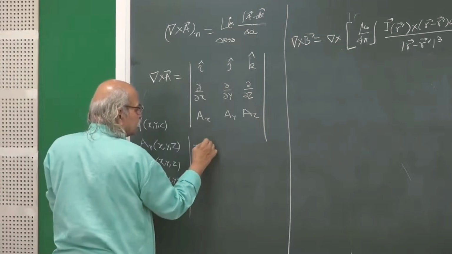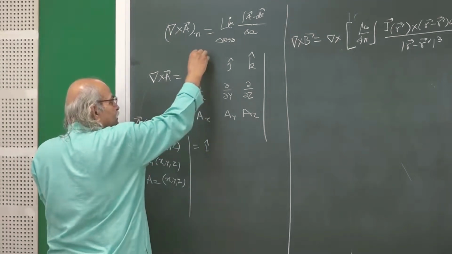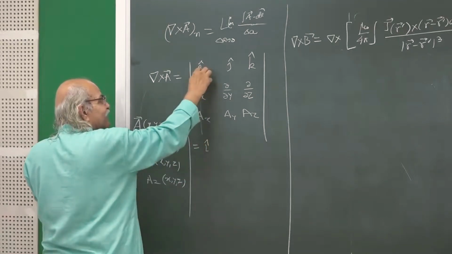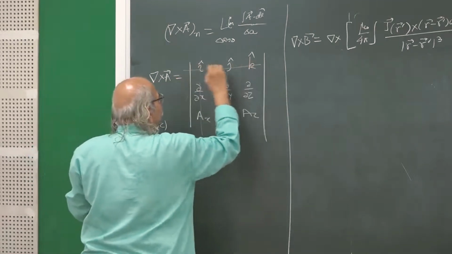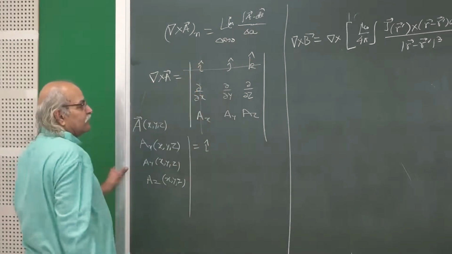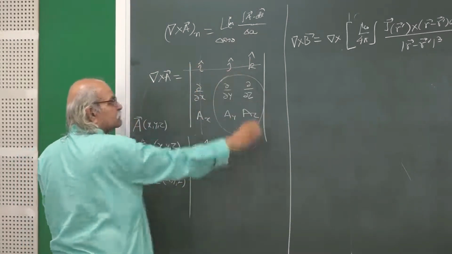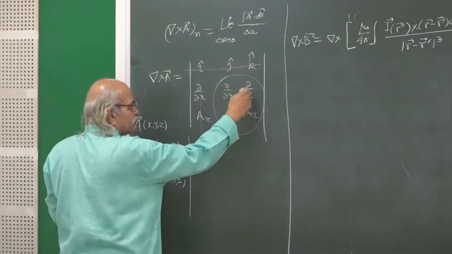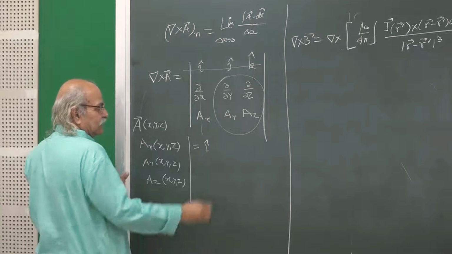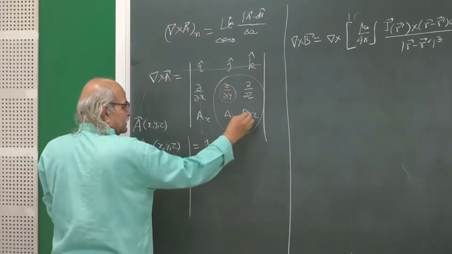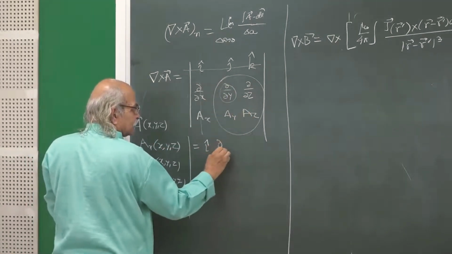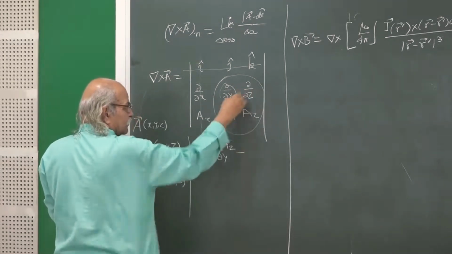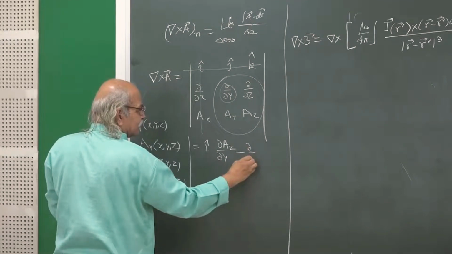You write i cap, and then mentally you omit the column and the row containing i cap, and then you are left with this. You write this, then this, put a minus sign in between. So, del y of Az minus del z of Ay,